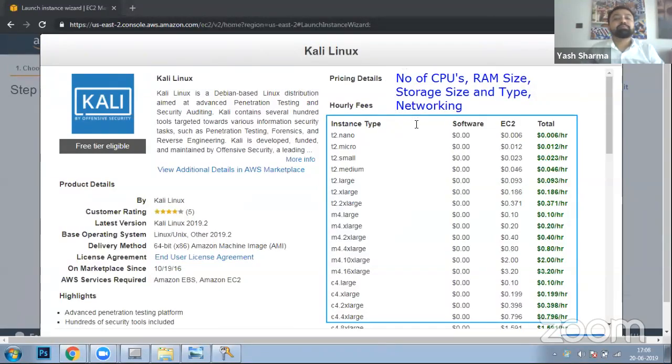The minimum one is a 1-core machine: 1 core, 1 GB RAM, some basic storage,